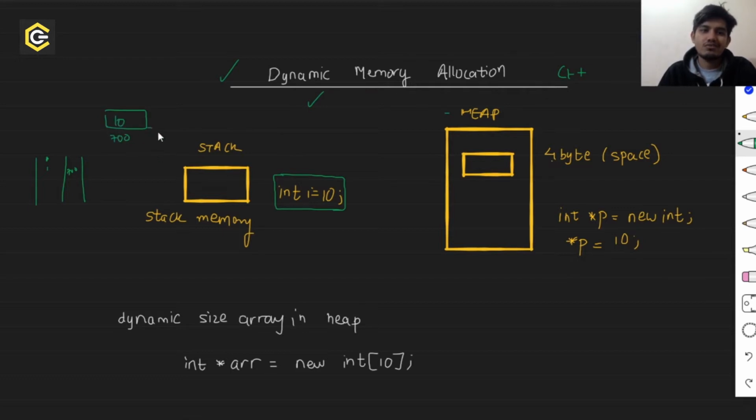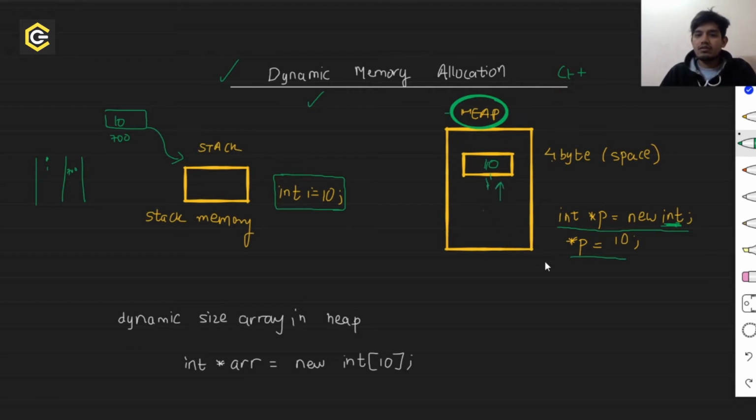It is basically stored in the stack, and the stack size is very small compared to the heap. If we want our size to be bigger, then we want our variables to be stored in the heap. For storing variables in the heap, we can use pointers. So int *p = new int, a new location will be made in the heap, and then *p = 10, the value 10 will be stored at that location. So this is a location in the heap.